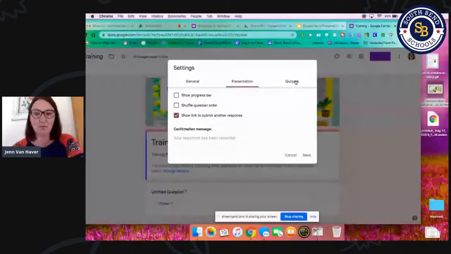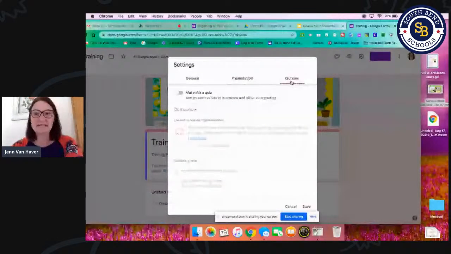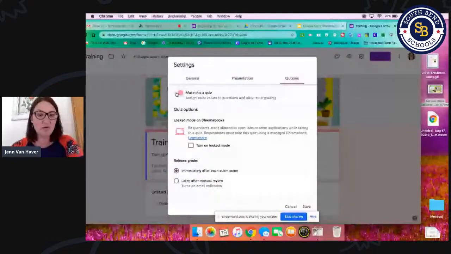But the big thing I want us to look at is quizzes. So this is where that time saving can really come into play. I can click on make this a quiz, and now this form is going to be self-grading. I can do release so that as students answer each question, they get immediate feedback on that, or I can change that to later. There's also a feature that's turn on lock mode,